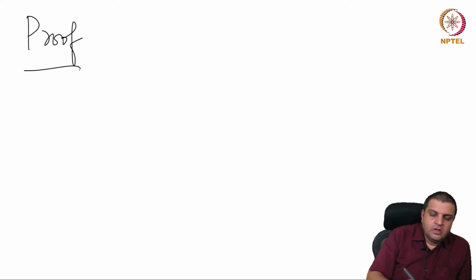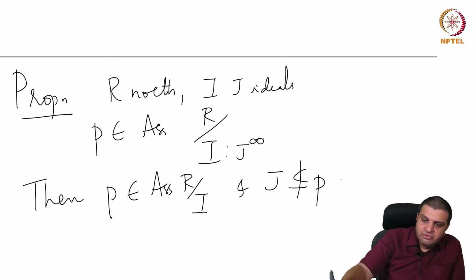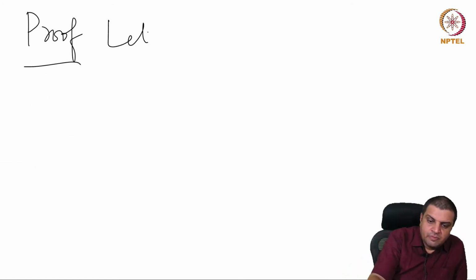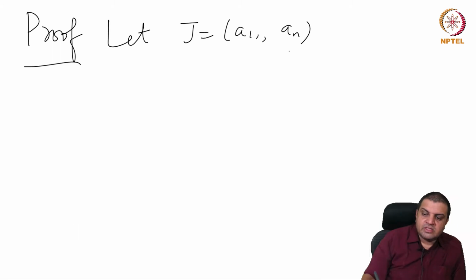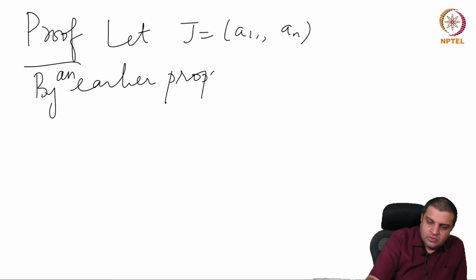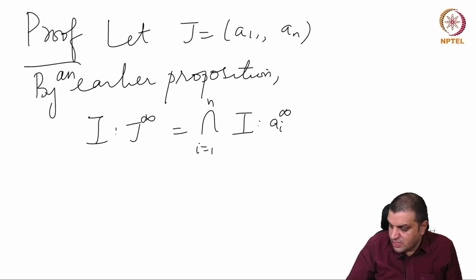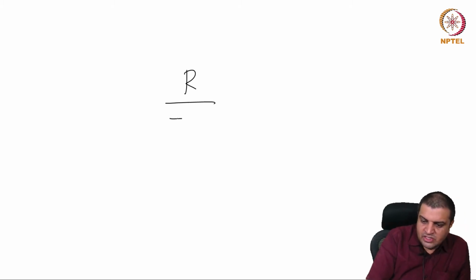By an earlier proposition we know what the saturation is. It is just the intersection of the saturations of the individual elements of a generating set. So let J be generated by n elements. By an earlier proposition, the J saturation of I is the intersection of the a_i saturations of I. And we have seen that if you have an intersection of finitely many ideals,